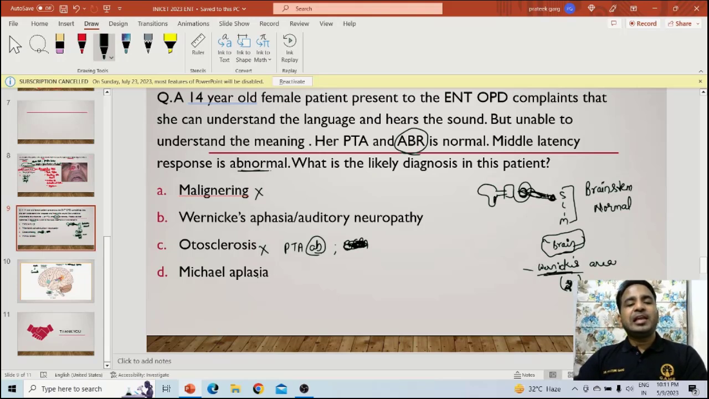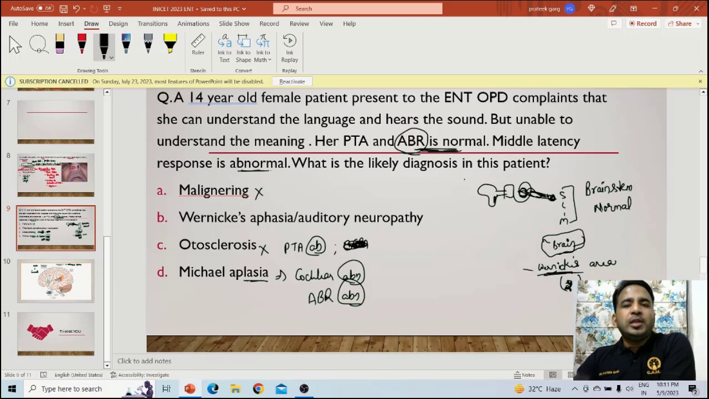Michel aplasia. Aplasia means absence of the cochlea or deformity of the cochlea. That means this is a cochlear abnormality. If the cochlea is abnormal, then BERA or ABR will be abnormal too. But clearly the examiner has mentioned that ABR is normal. That means the cochlea and the brainstem are working normally. So it can't be Michel's aplasia. It can't be otosclerosis because pure tone audiometry is normal. It can't be malingering. So the only option left is Wernicke's aphasia